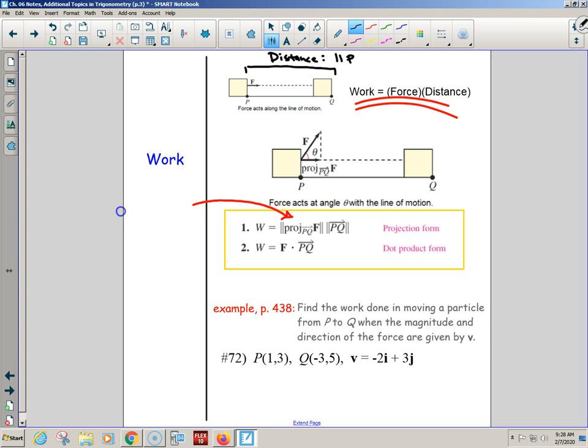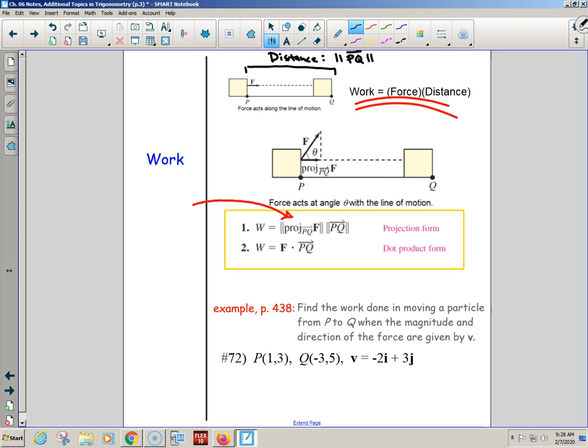The other way of saying that would be the magnitude of PQ. But the distance is how far it moves. I need to multiply distance times force, but the force needs to be in line. So am I putting in force? The answer is yes. Can I just multiply that force times the distance that I travel? No. I need to figure out how my force that I'm putting in at an angle is projecting onto the